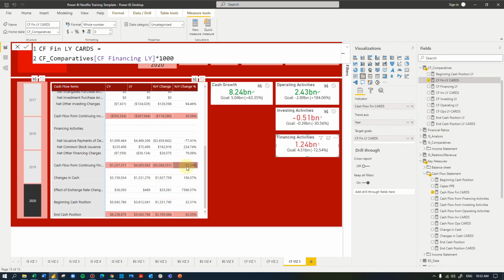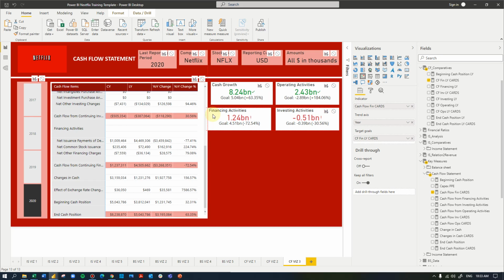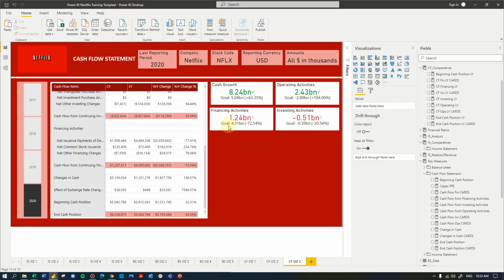Okay, so financing activities went down by 72.54%, so it went down. So our cash inflow went down, so that looks right to me. Okay, the next thing I want to do is put in a variance. So I may just put these two next to each other like this. What I want to do now is just a